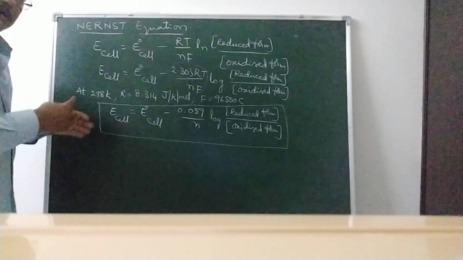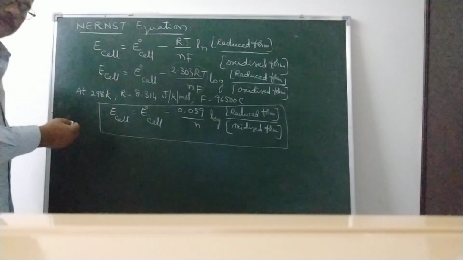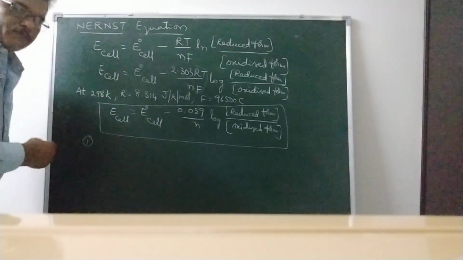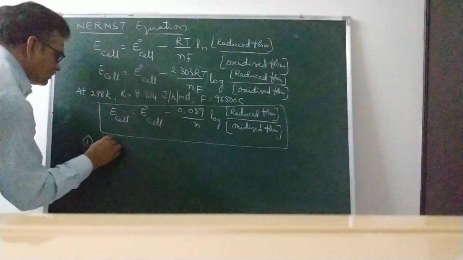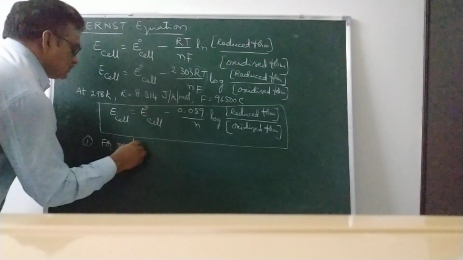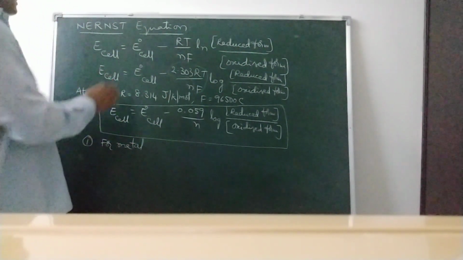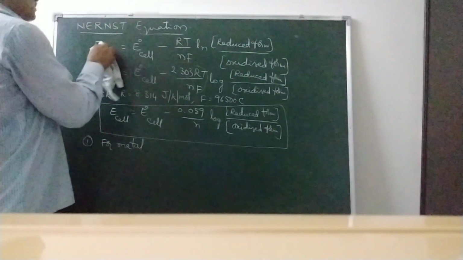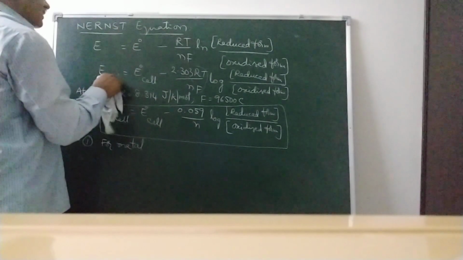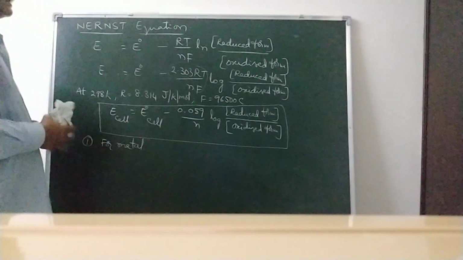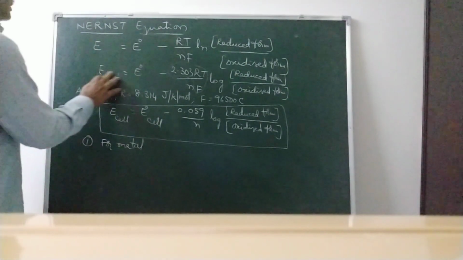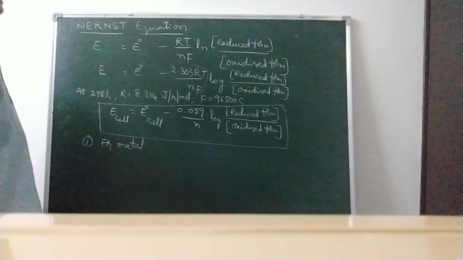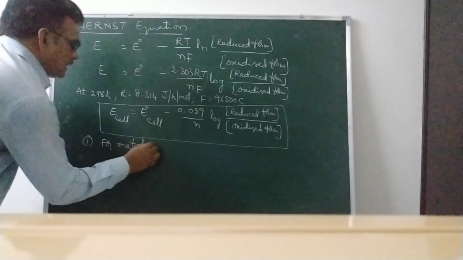Now we derive equations for different electrodes or different cells. For a single electrode, first we will determine. For a metal electrode, we can write E is equal to E naught minus 2.303 RT by nF log reduced, not for the cell but for a single electrode also. So for a metal electrode,